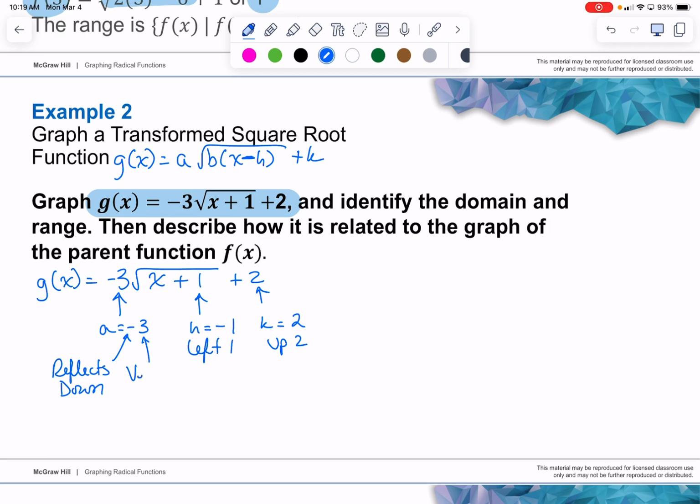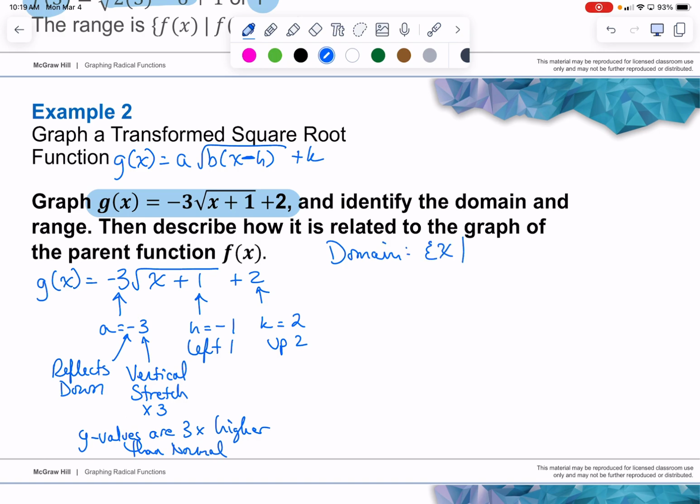So this is a vertical stretch times 3. So the y values are 3 times higher than normal. Okay? So my domain is the set of x's such that x is,